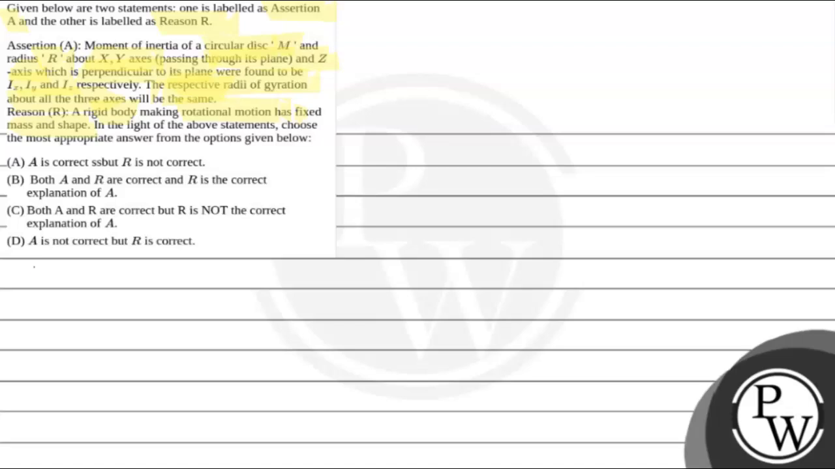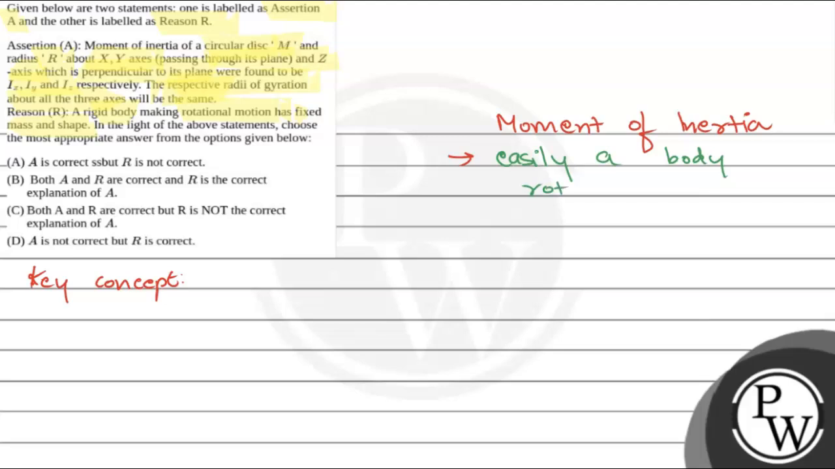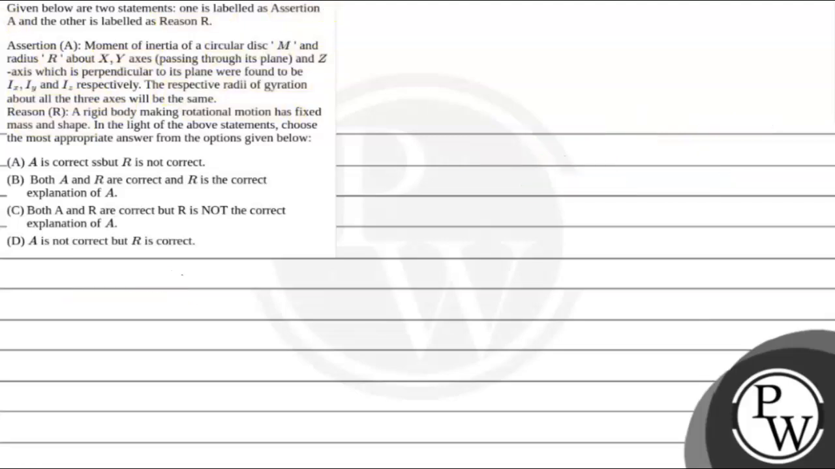Now firstly we will see the key concept. पहले moment of inertia क्या होता है? So basically it is a physical quantity जो describe करता है कि how easily a body can be rotated about a particular axis. अब हम देखेंगे theorem